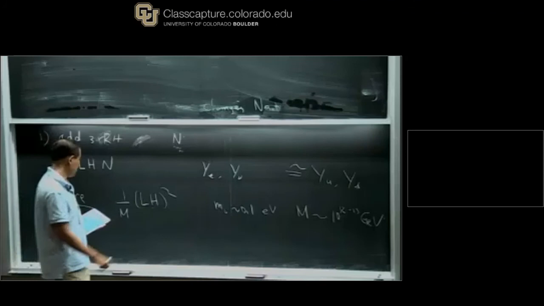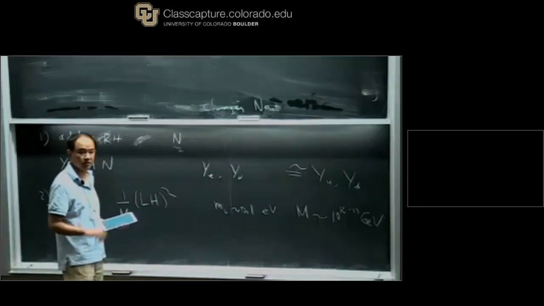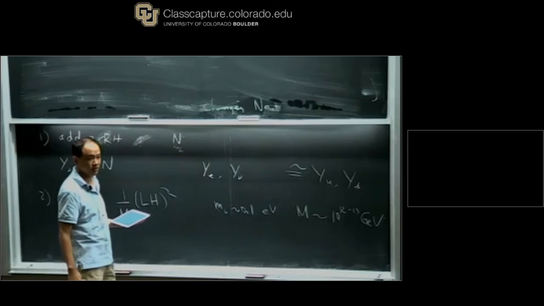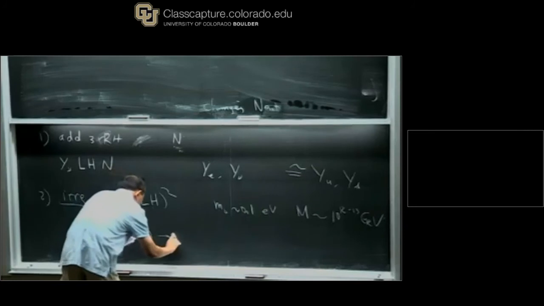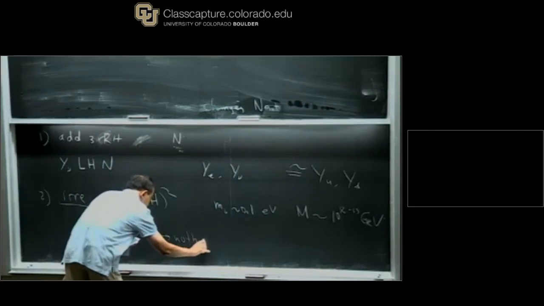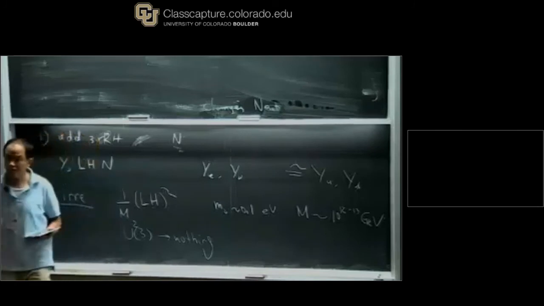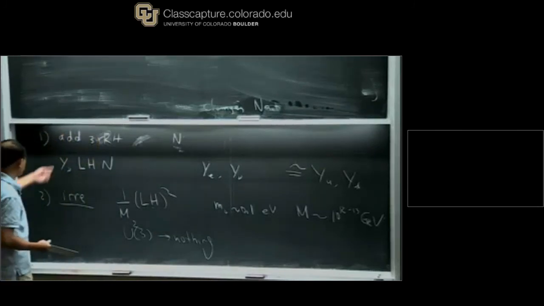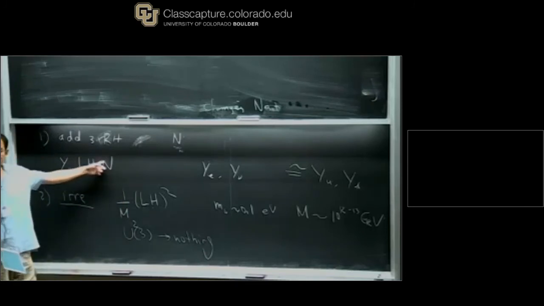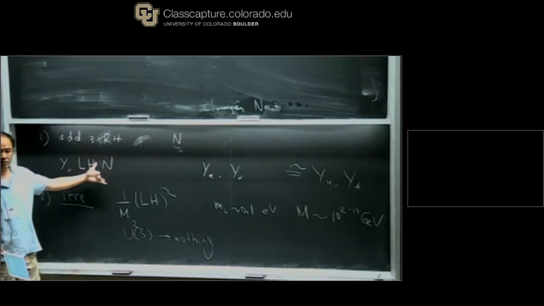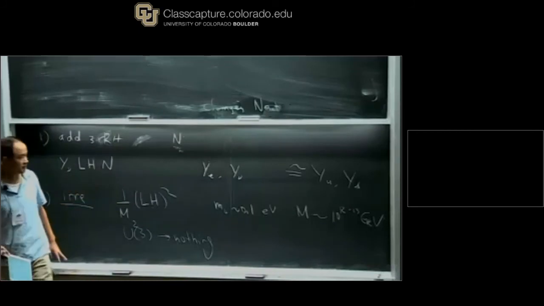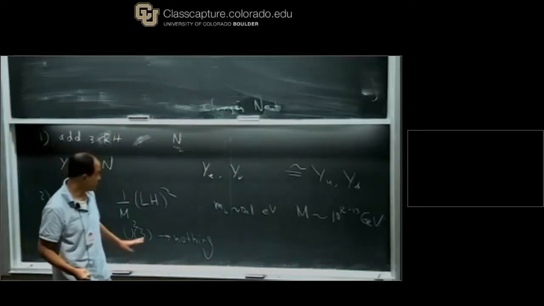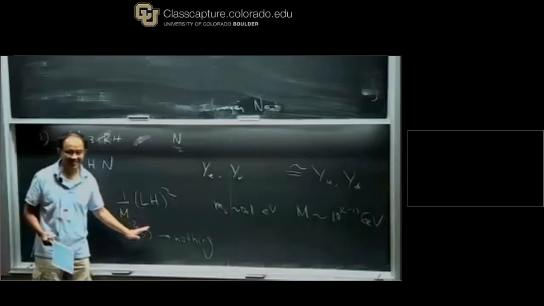In this case, however, it's different because you notice that there's no lepton number anymore. This term violates the lepton number. So in this case, the symmetry breaking is U(1) squared down to nothing. Lepton number is not preserved. So one way of distinguishing these two possibilities is to see whether there are lepton number violating processes. Again, because the neutrino mass is tiny, this is very difficult. So one of the future targets for future experiments is to test which one is correct.